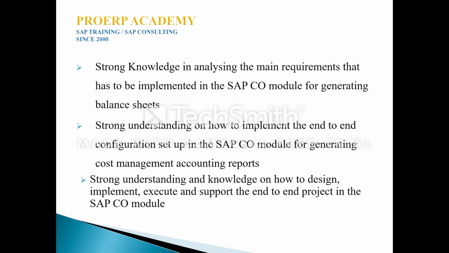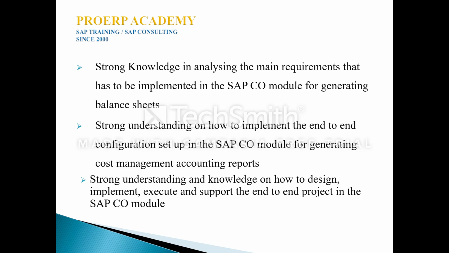So we will be getting different credit and debit entries from different important areas of SAP CO implementation, namely planning and budgeting, followed by cost center accounting, followed by product cost and controlling, followed by controlling and profitability analysis, that is COPA.